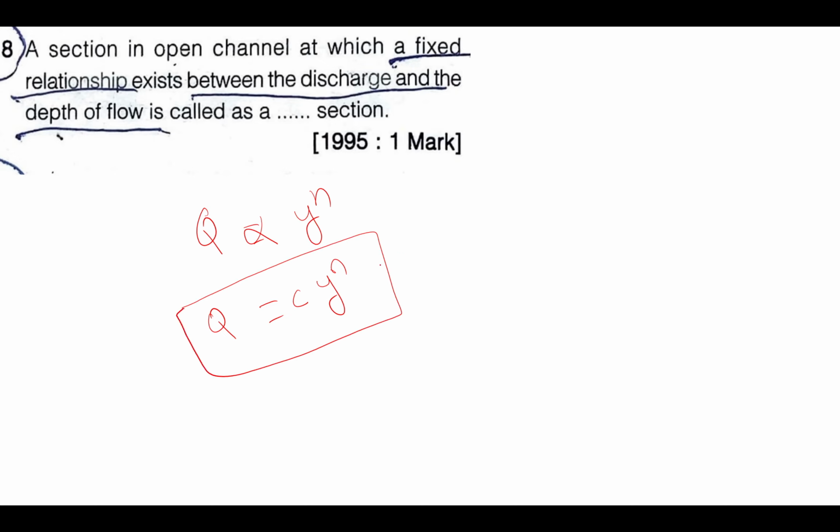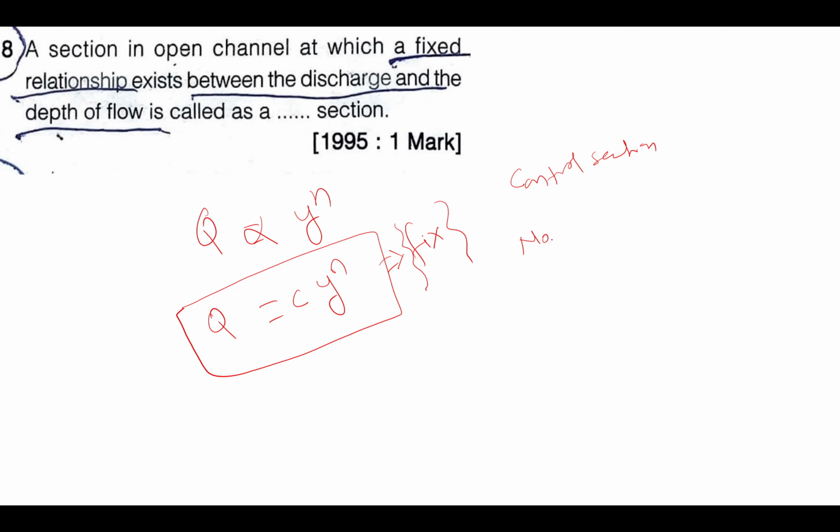So this constant is always fixed. What is the particular name of such a section? We generally know it as the control section,